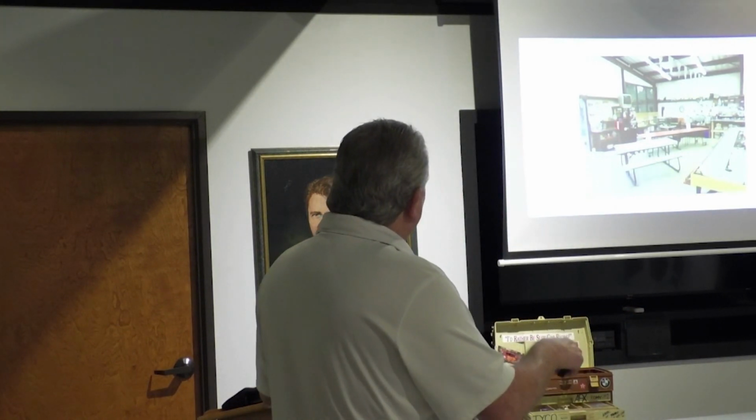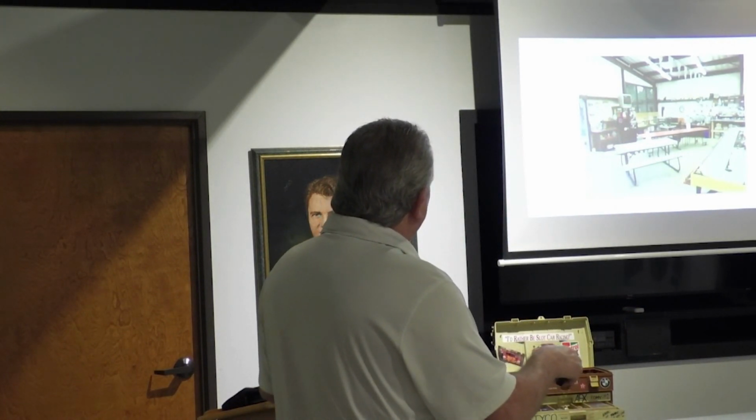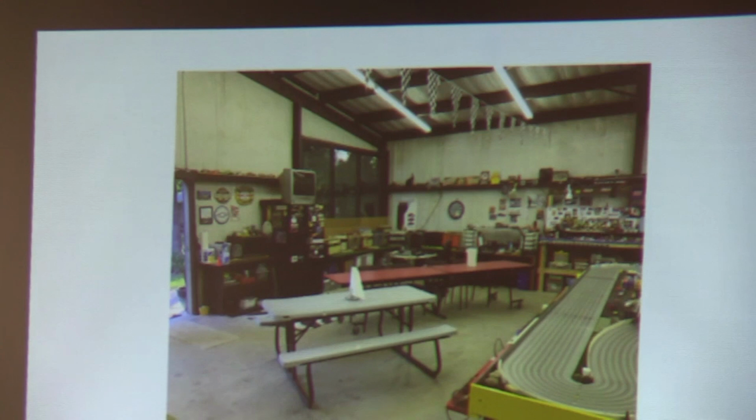I got my refrigerator and my microwave and the TV's up here where we can run old tapes. And I got some tables we bought at the flea market so the guys can come in and set their boxes down and have at it. The shop is well insulated. It's got a lot of lights in it, so it's just a terrific 2,200 square foot,